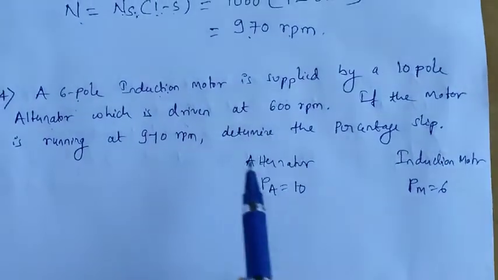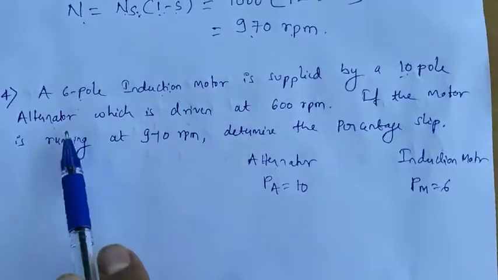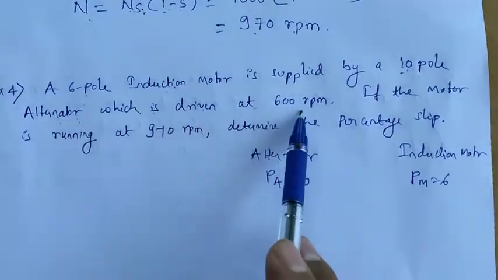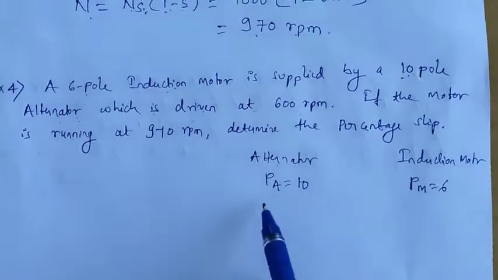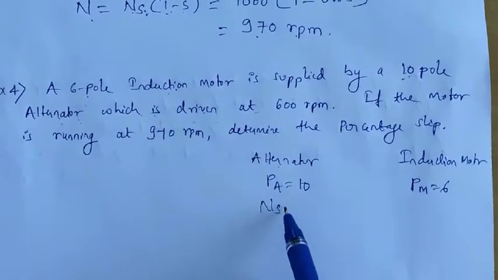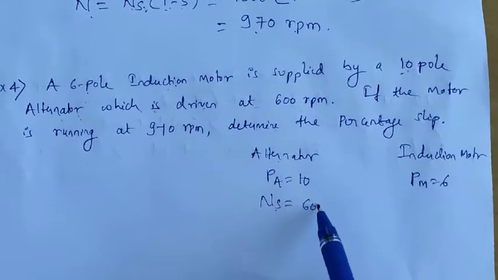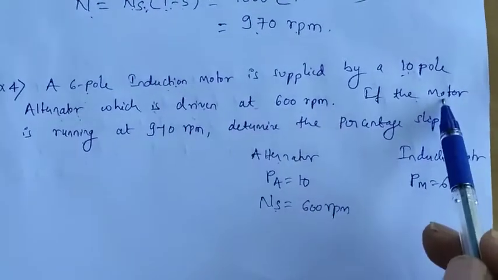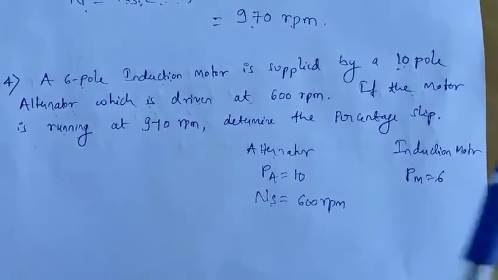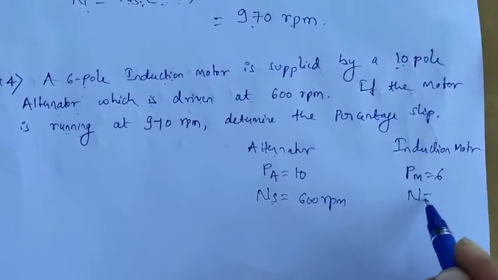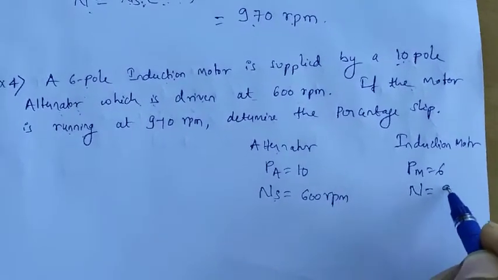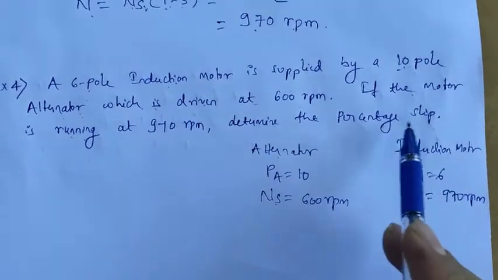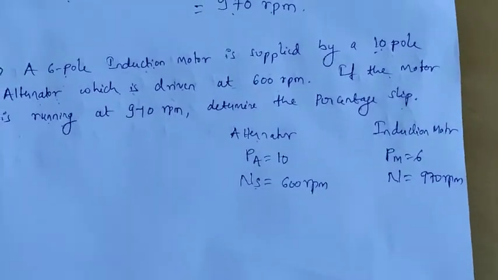the next is, 10-pole alternator which is driven at, means alternator is driven at 600 RPM. So in the alternator we have only one value, that is ns, 600 RPM. If the motor is running, motor means the induction motor, running at 970 RPM. So motor is running means nothing but the n value, 970 RPM. So calculate the percentage slip of the induction motor. Okay,